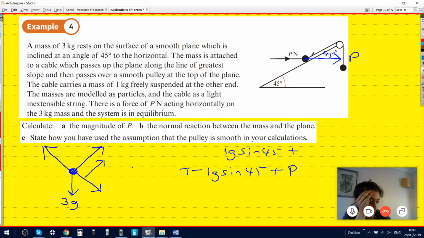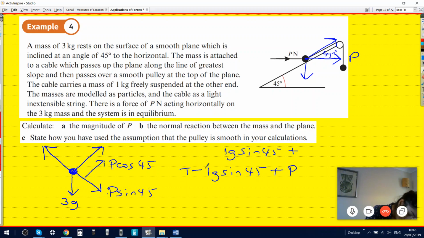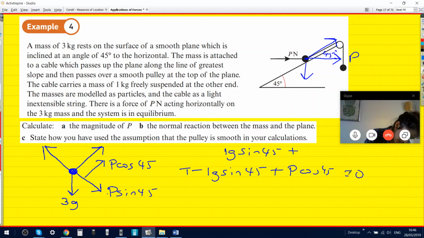Yeah. And so if we're resolving in the x direction, it's gonna have an x component and a y component. So what are they? So the x one's cos 45, equals 0. And then perpendicular, so up and down, y direction, we have